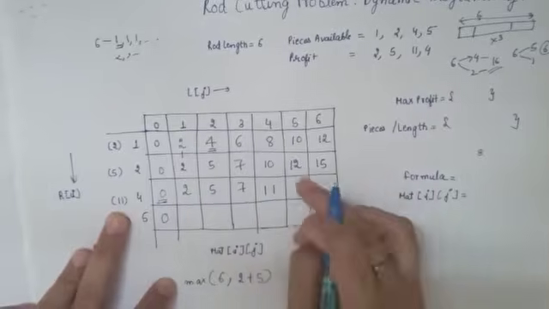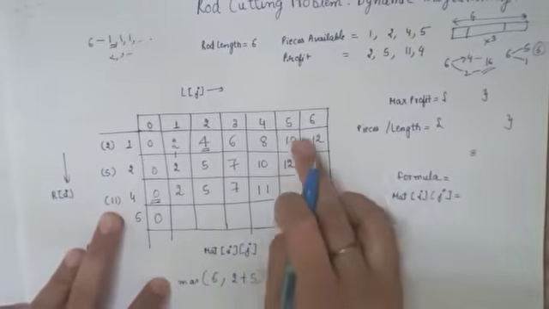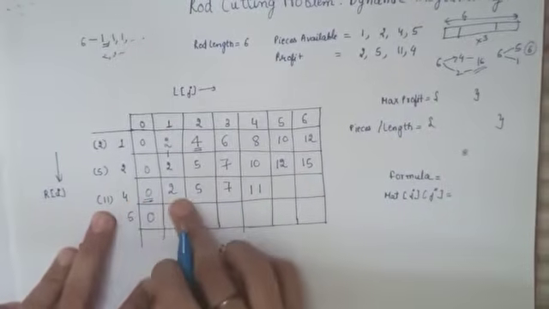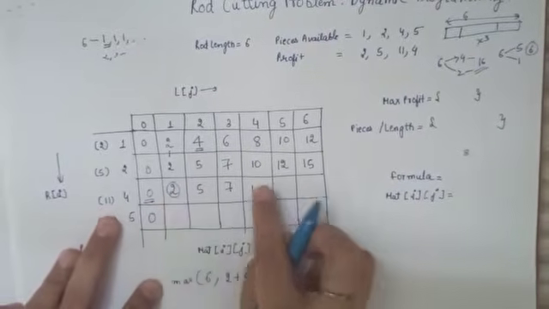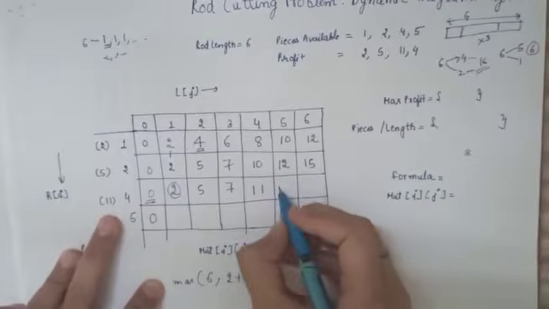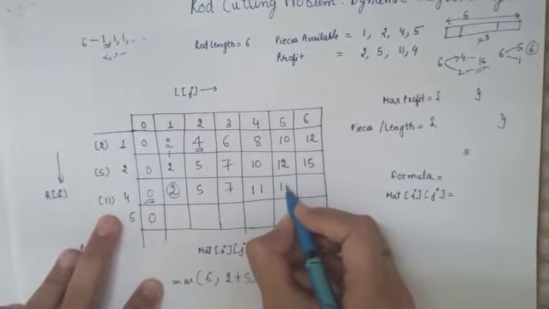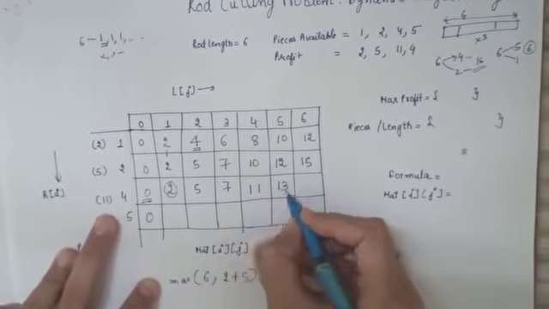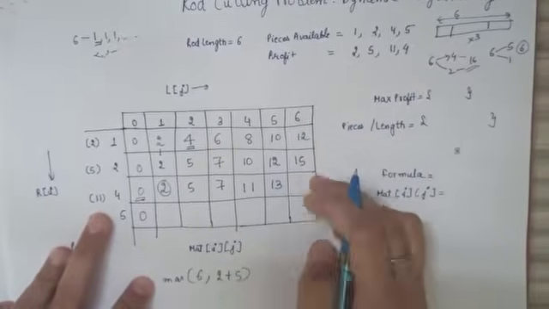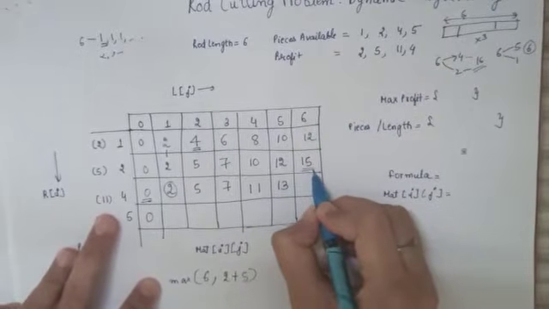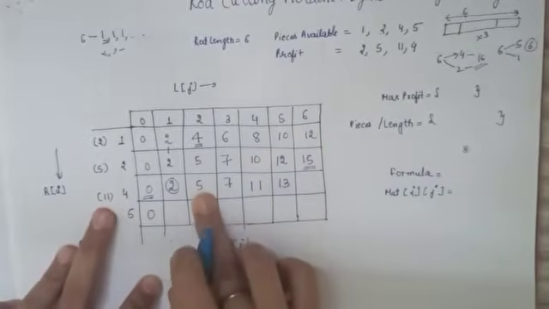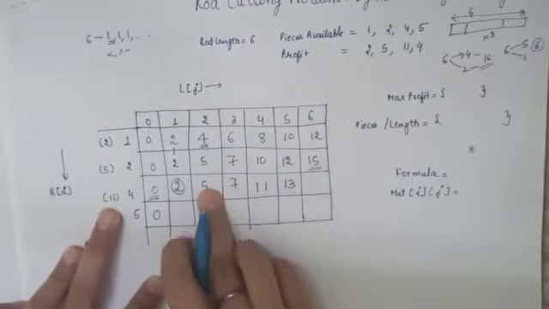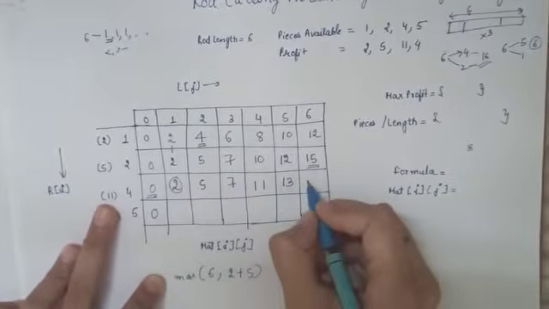Okay. What you have to do is either take 12 or 5 minus 4, which is 1. So its value is equal to 2. So 11 plus 2 is 13 or 12. Which is the maximum value? 13 is the maximum value. What you have to do is come over here. So either take this 15 or 6 minus 4, which is equal to 2. So this will be equal to 16. Okay, so maximum between 16 and 15 is 16.